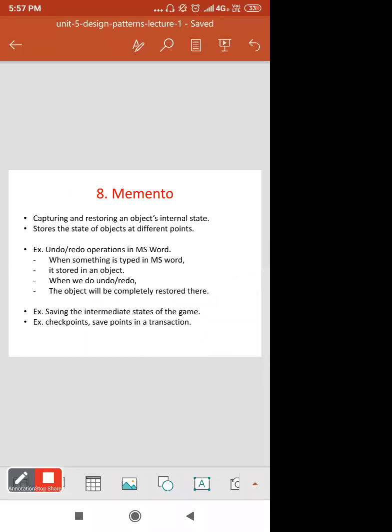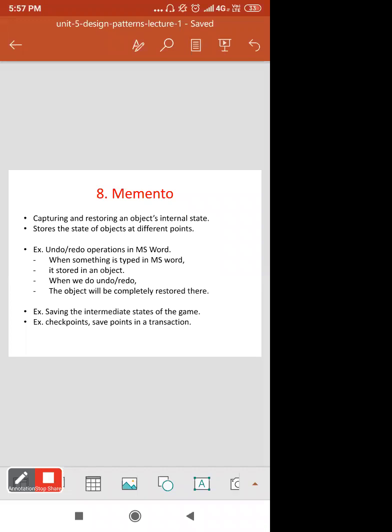Next is memento. So what is meant by the memento design pattern? It is for capturing and restoring an object's internal state, and it stores the state of an object at different points. You can get a clear idea of this when you go through the example of MS Word.